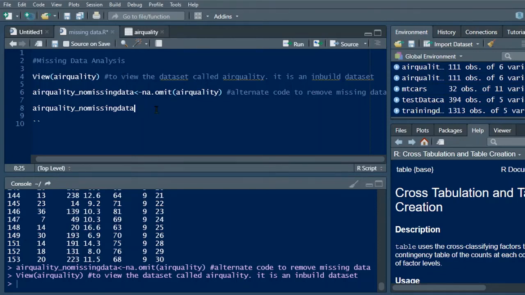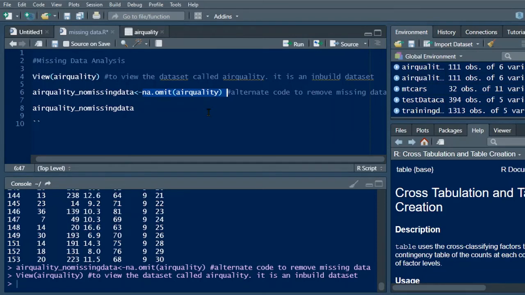And this code is used for deleting the missing data. There are various options available to treat the missing data. In this exercise, I am talking about deleting the missing rows, deleting the entire entry. So for this, the code is na.omit and then the data set name.